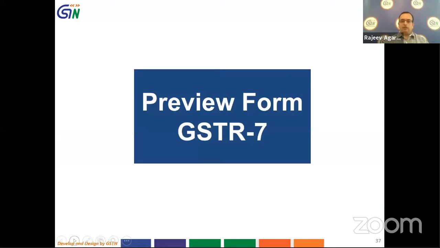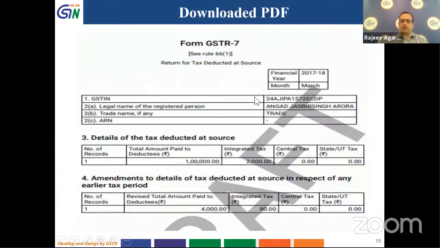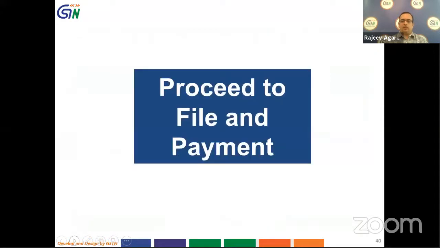Since I have filled in the details, I will click on preview draft GSTR-7, so that whatever details I have filled in table 3 or table 4, I can download and see once. It will come out like this. I can download it on my computer, take a print of it, and check, and go back to make any changes if needed. If all details are correct, I will proceed to file and make